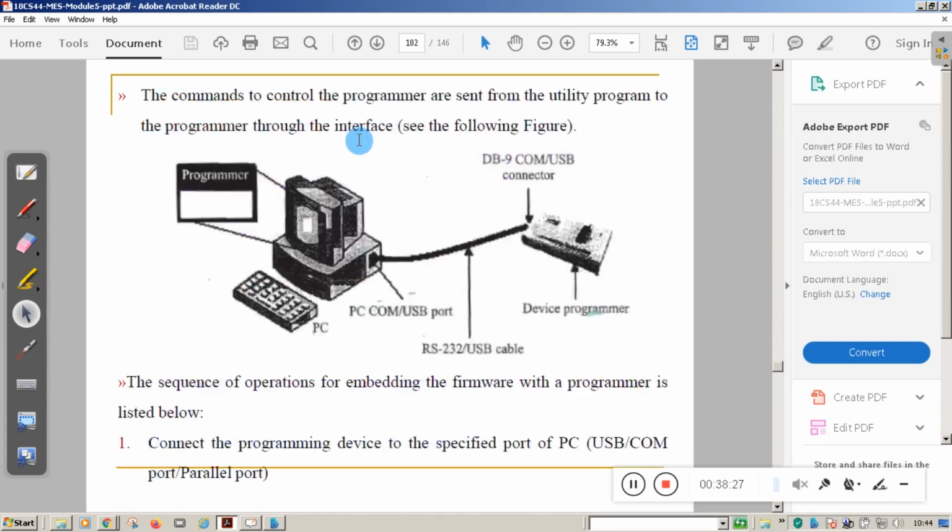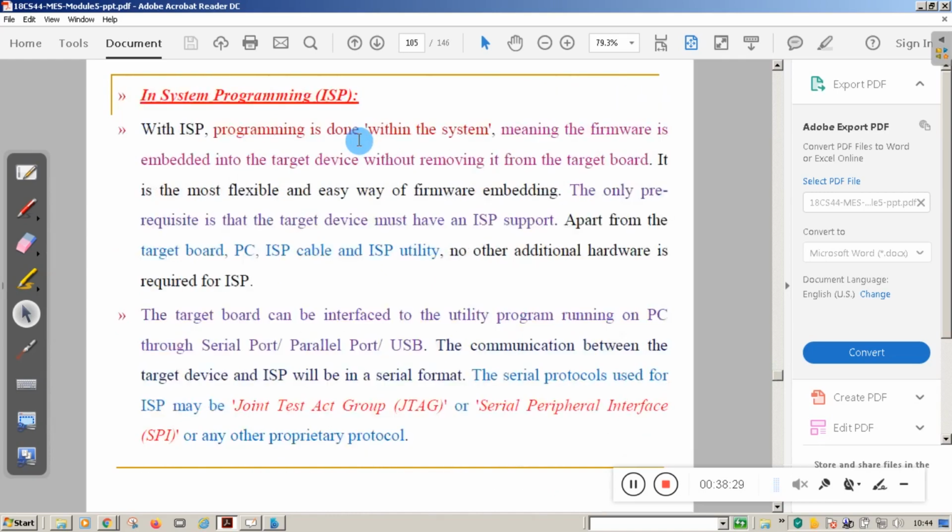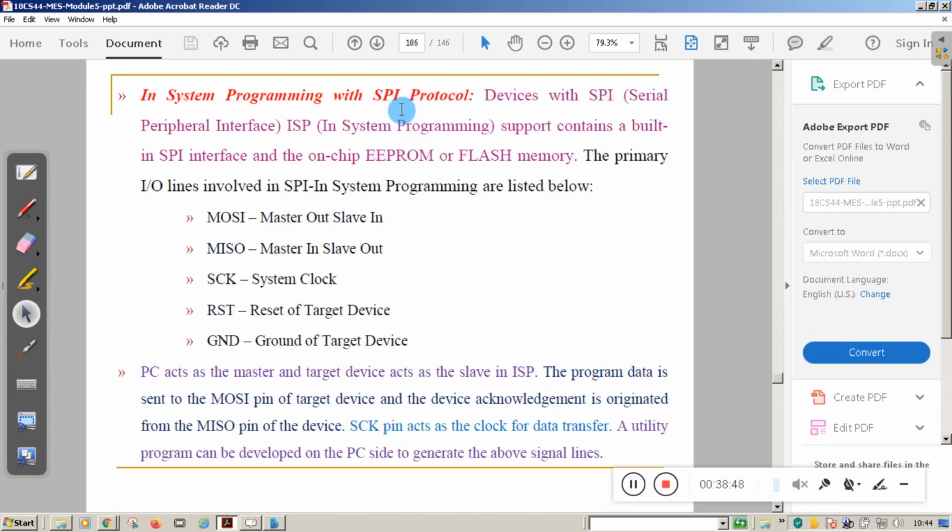But in system programming, we do not disassemble the memory device from the target board. We directly dump the code by using a protocol. That protocol is called the ISP protocol, or the SPI protocol.